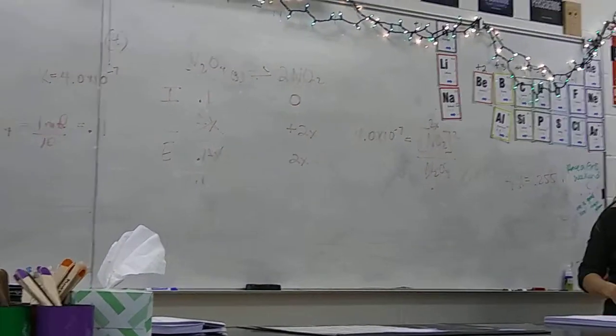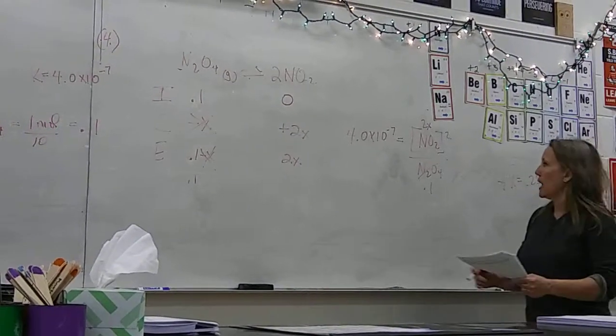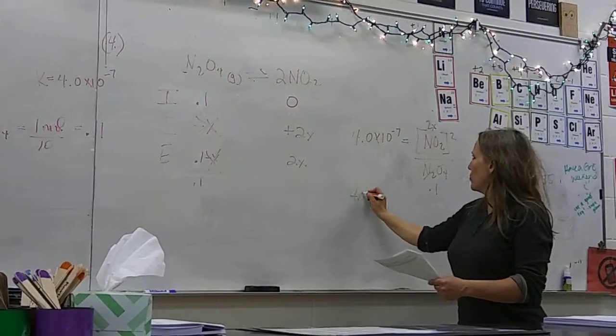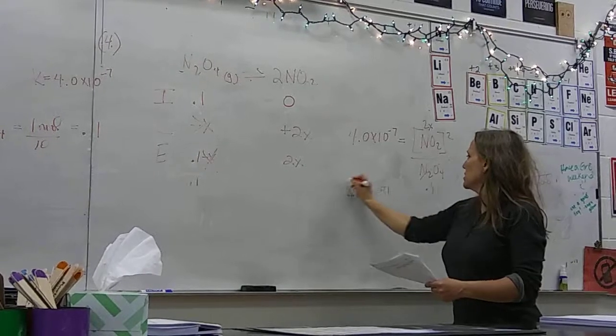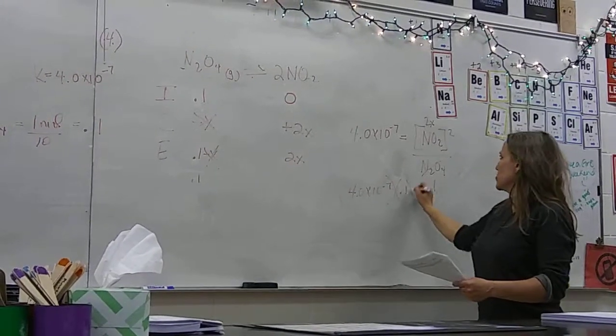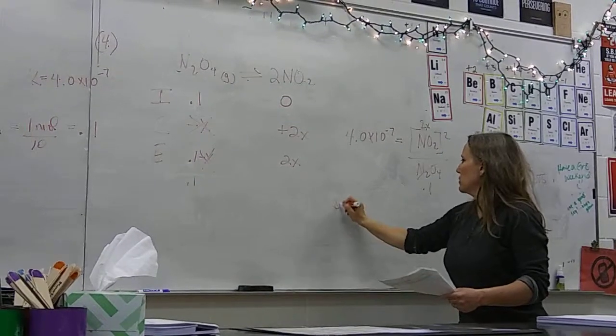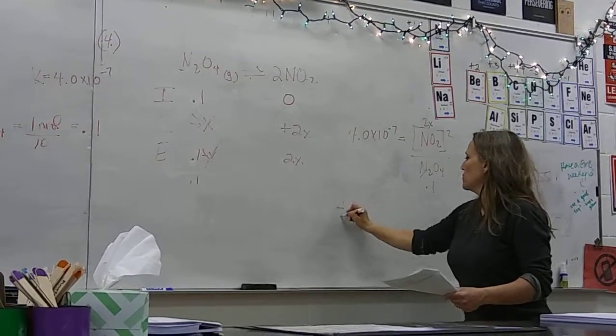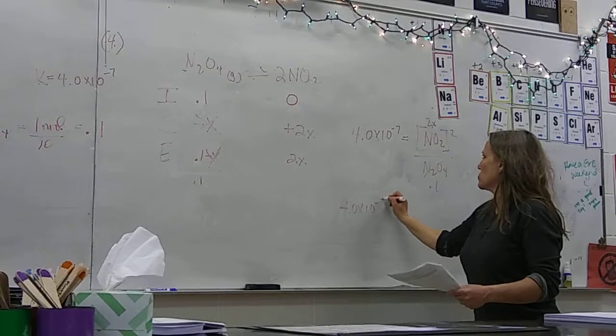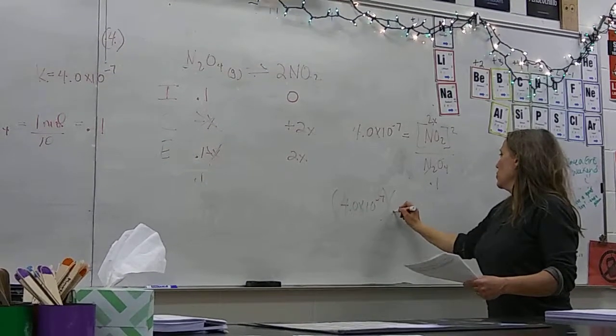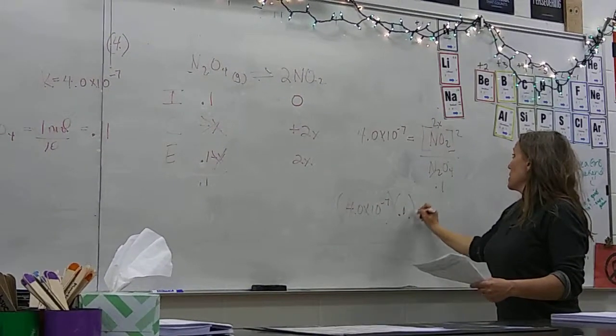Pretty cool? All right? So when I'm done, I'm going to have 4.0 times 10 to the minus 7 times 0.1, because I'm using algebra, equals, I'm going to move this down. 4.0, I need some new expos, times 0.1 equals,